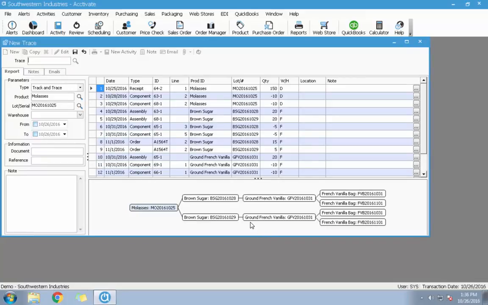Okay, so with the track and trace selected, you can see all transactions posted utilizing this lot number. The graph at the bottom gives you a visual aid on the posted assemblies with their respective lot information. The blue one you can see here, we received the lot and used it to build brown sugar lots, as well as